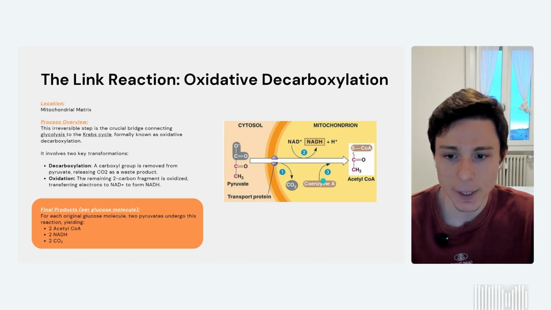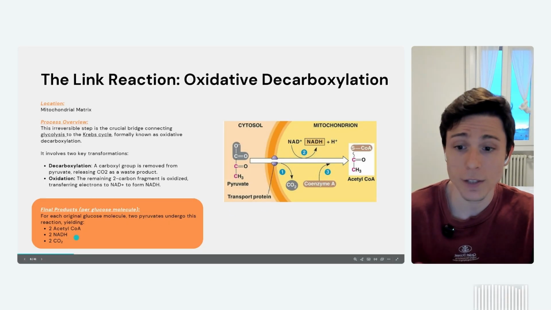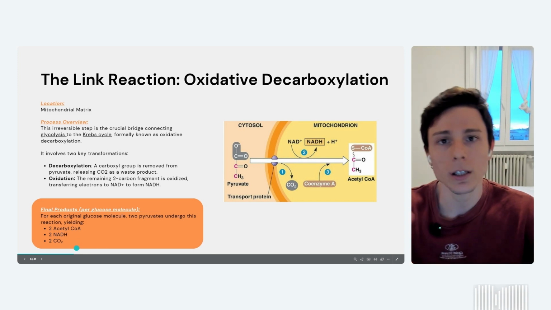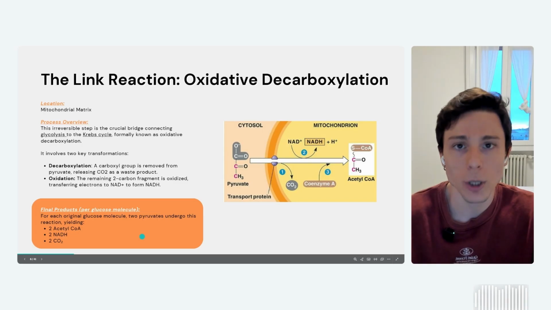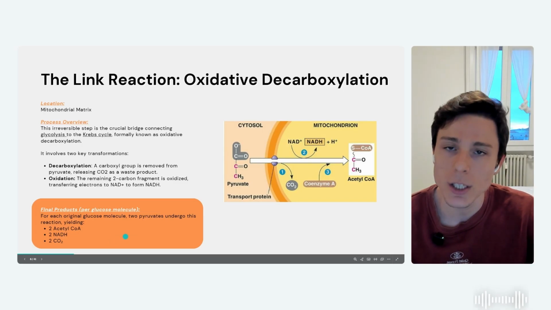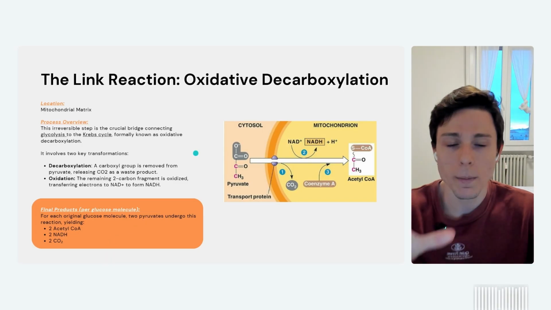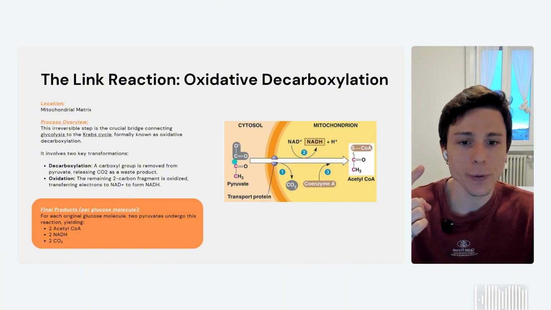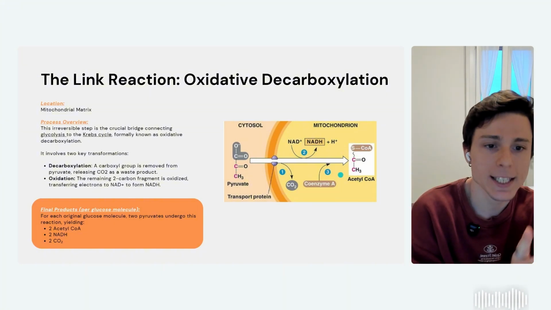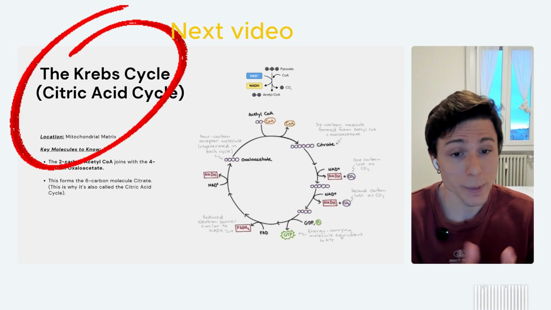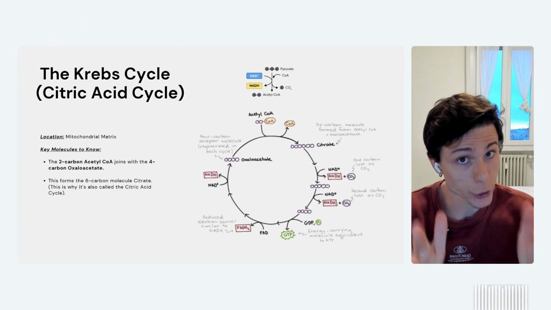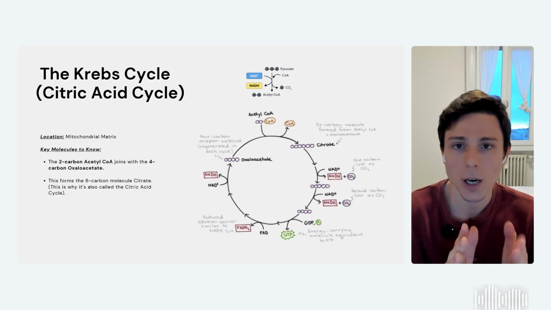Basically, what's going to happen is that at the end of this process, we're going to have 2 molecules of acetyl-CoA per molecule of glucose. We're also going to have 2 molecules of NADH per molecule of glucose and 2 molecules of CO2 per molecule of glucose. Remembering this and having very clear in your mind what is coming in and what is leaving, you're really fine with the link reaction. Okay, so if you're with me until this point, you are a warrior. Let's go to the final topic of this video.